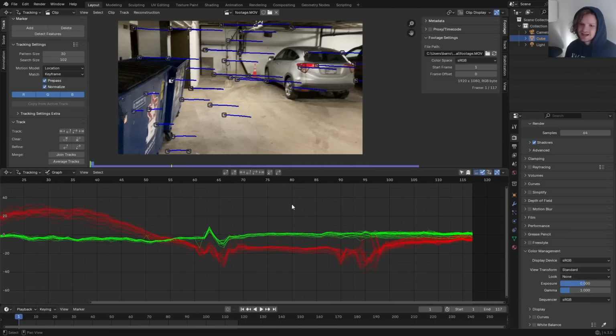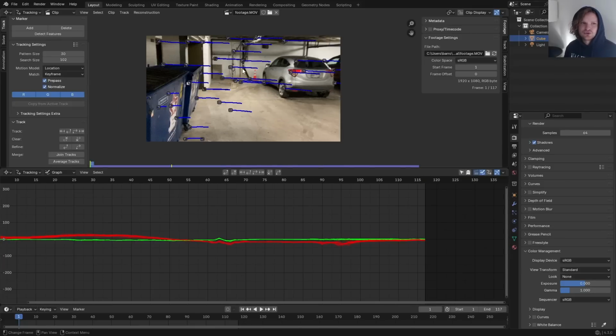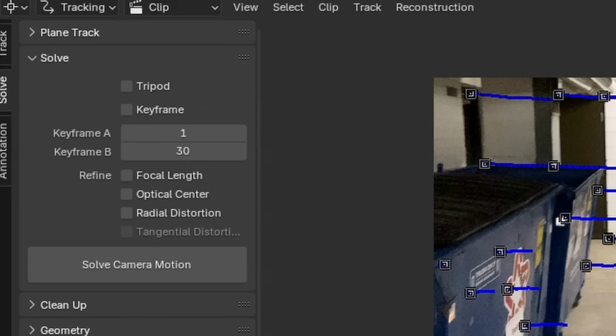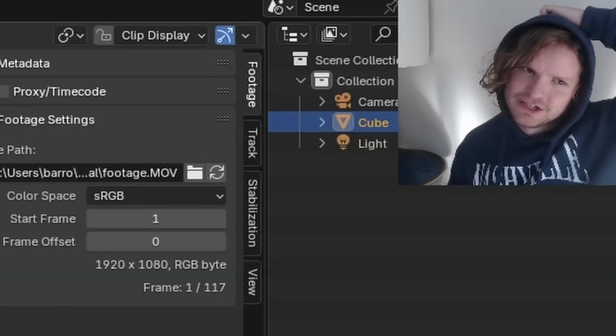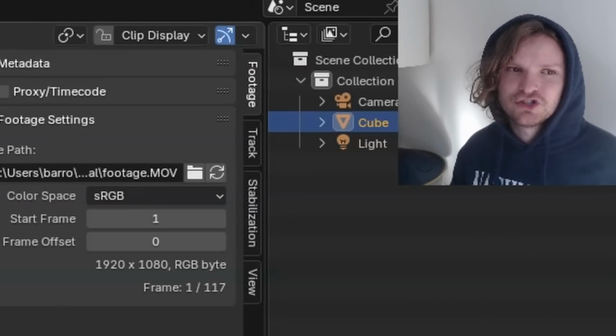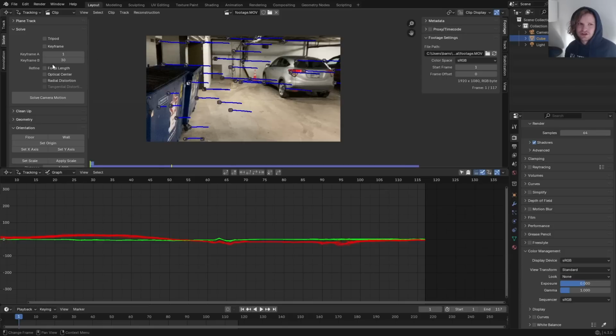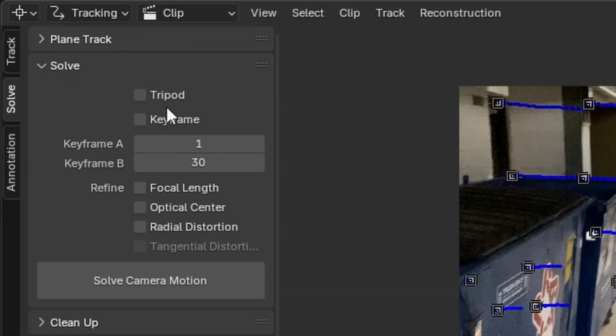We can say take this data and try to figure out how the camera was moving. To do this, go to the Solve tab because we're done tracking, and there's a whole technical art to this, but what you need to know is that these are certain settings that guide our camera solve. So for example, we're going to ask, do you want to figure out the focal length? How zoomed in was it? To start off, I'm going to enable keyframe, which will decide these 2 numbers for me, and I'm going to